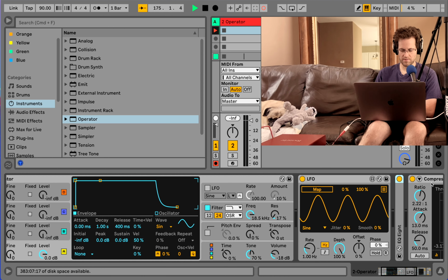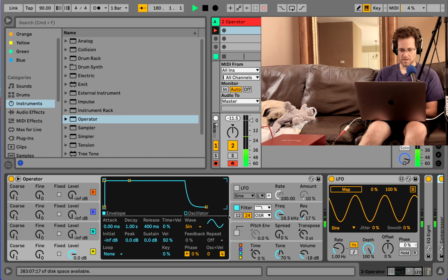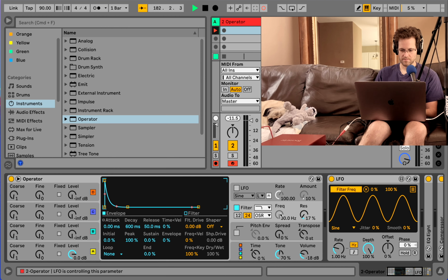It's just cutting out the very low lows. I'm going to record enable this track. Now, right now, when you drag this LFO on here, that just says you can map this sine wave at 1 hertz to any parameter. So there we are. That's just a sine wave because we're in slot A. If I were to click map and put it on the frequency,